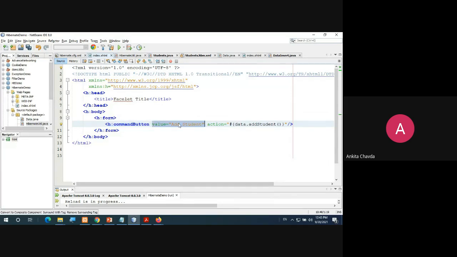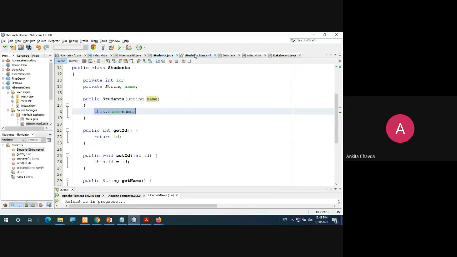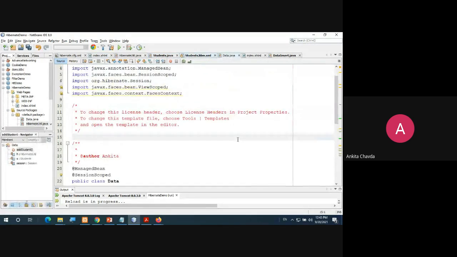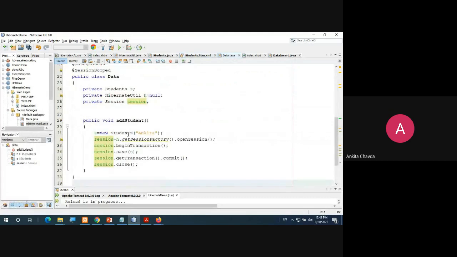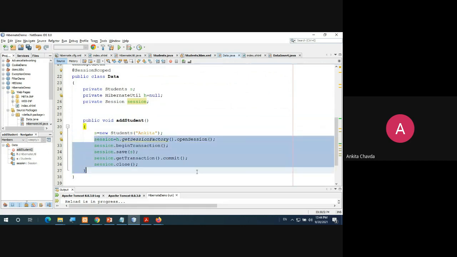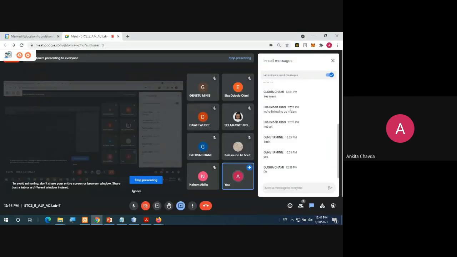Once you click on this Add Student, it will directly call the addStudent method, which we already have in the Data.java file. Then the session will be opened and the data will be inserted into it. So this is our task to do.